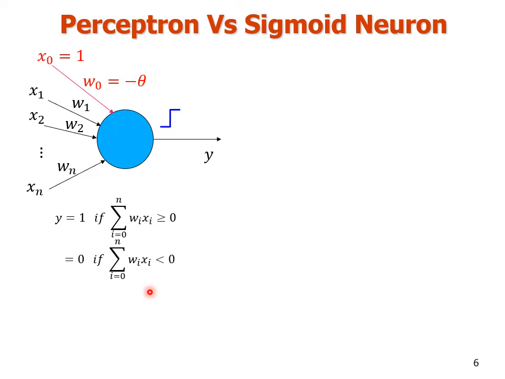So if the weighted sum wixi is greater than or equal to 0, then the neuron gets fired, so output is 1. Otherwise the neuron will not be fired and the output is 0. Now diagrammatically the thresholding function can be plotted like this as shown in this figure. So in case of such kind of a thresholding function, what we can observe is there is a sudden change